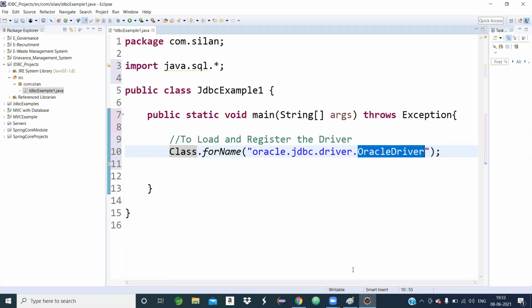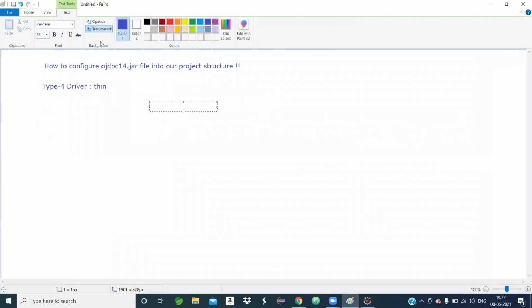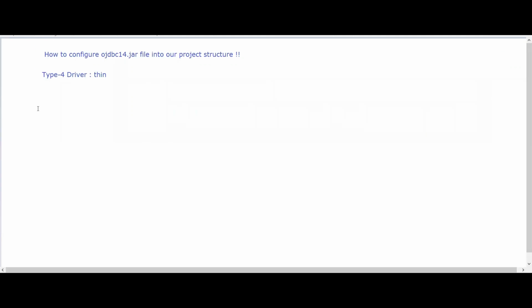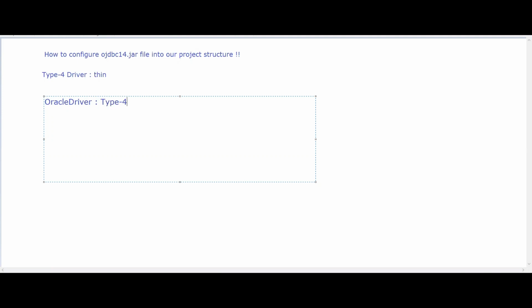You remember what OracleDriver is? This is the type 4 driver name for the Oracle database. It is a class name, the type 4 driver class, where O is uppercase and D is uppercase.